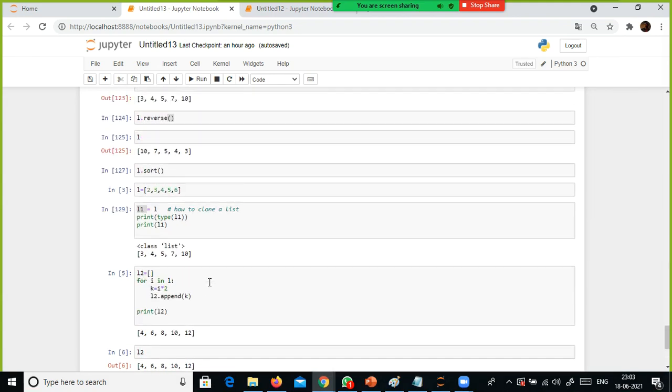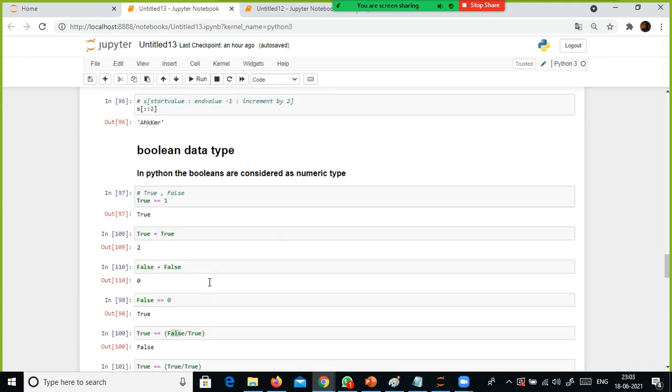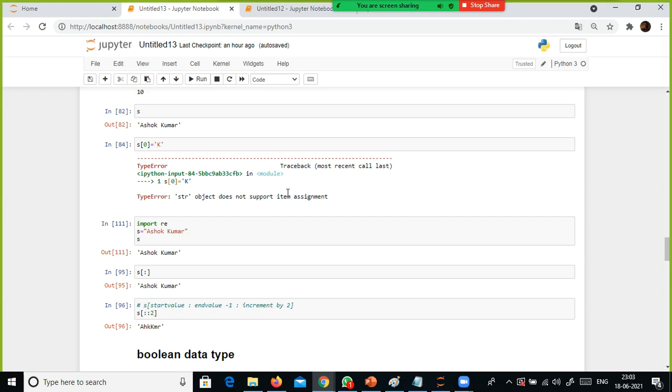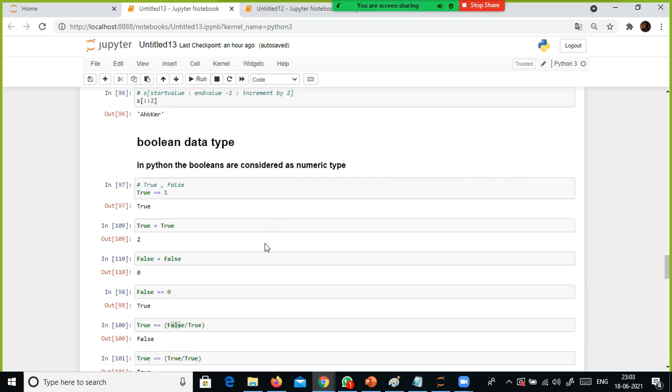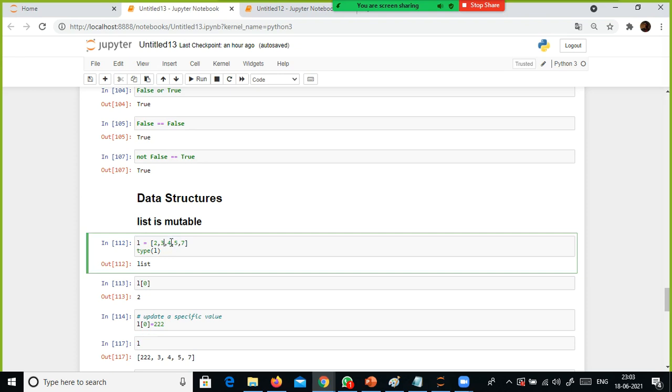Hope you understood, right? For you the assignment is the same question you asked, right? How to assign a value in between a list's values. Okay, you try that one. That is an assignment. For example, in between 2, 3, 4, you insert some value like another 3, one more 3. How do you do that? If you use append, it adds at the end of the list, right? So how do you append a new value in a specific position in the list? That is an assignment for you.